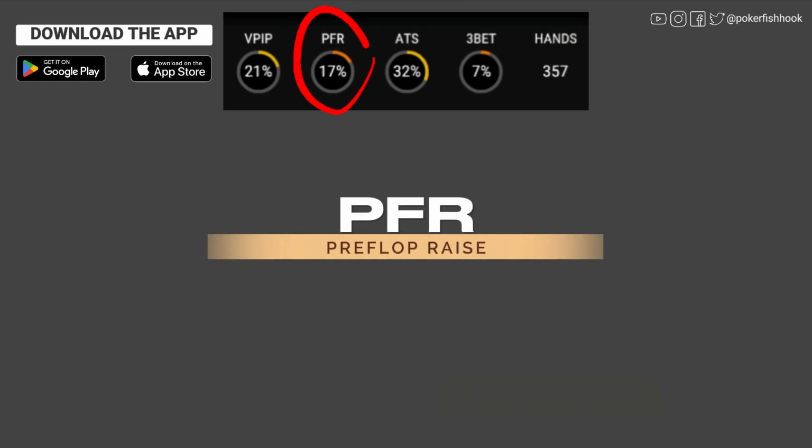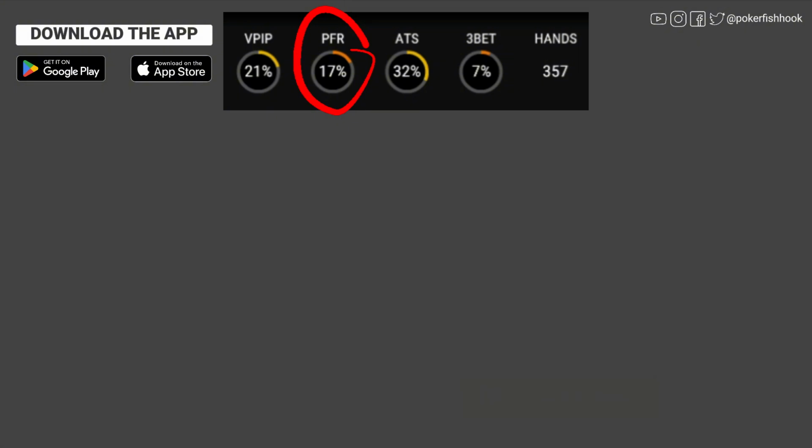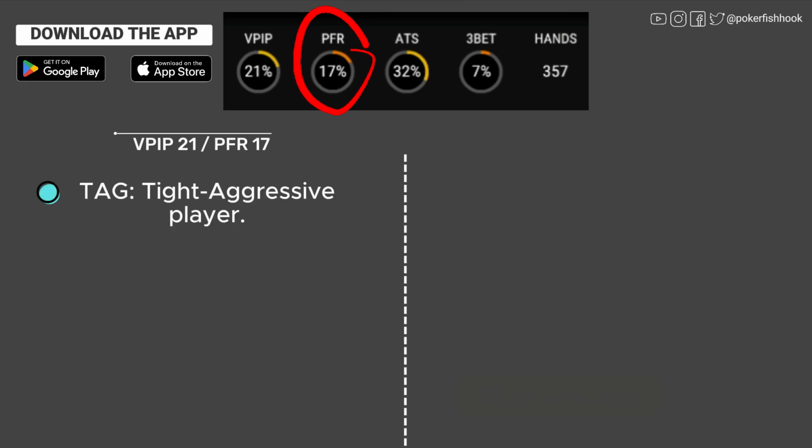The next stat is PFR, which stands for pre-flop raise. It shows how often a player raises pre-flop and indicates their level of aggression. The higher the PFR, the more aggressive the opponent. In combination with the VPIP, PFR will tell you what percentage of hands the player plays aggressively, and what percentage